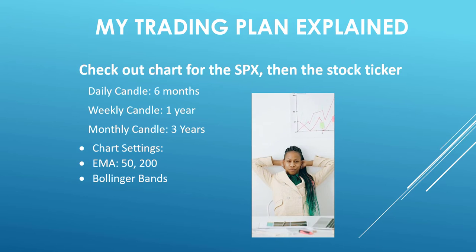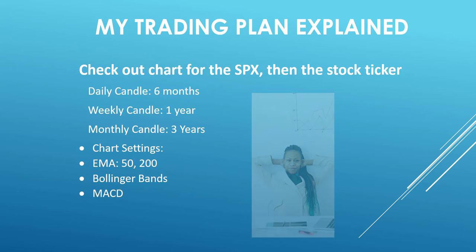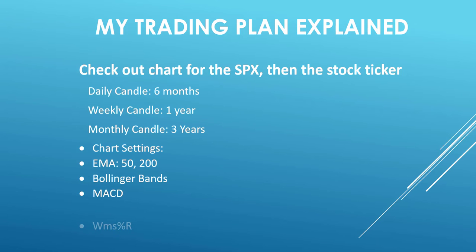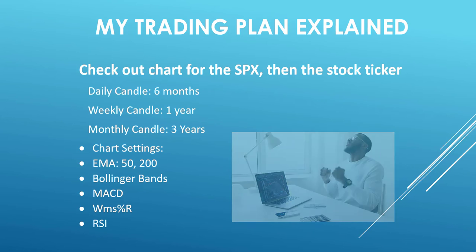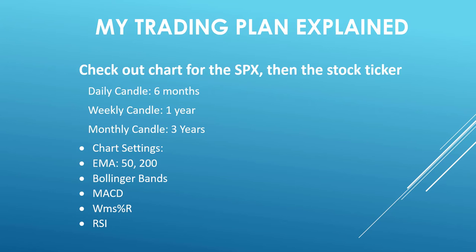The MACD, or MACD, allows me to confirm trends and changes in trends. The Williams %R helps me find buy and sell points, which is confirmed for me by the RSI, or Relative Strength Indicator. If I like what I see, I may want to know why the price is moving, so I